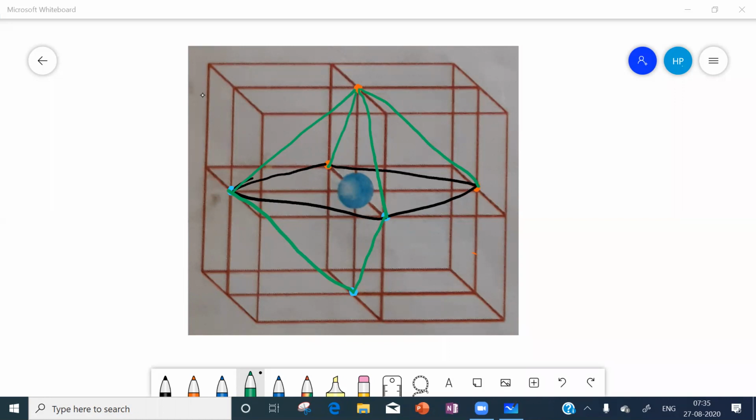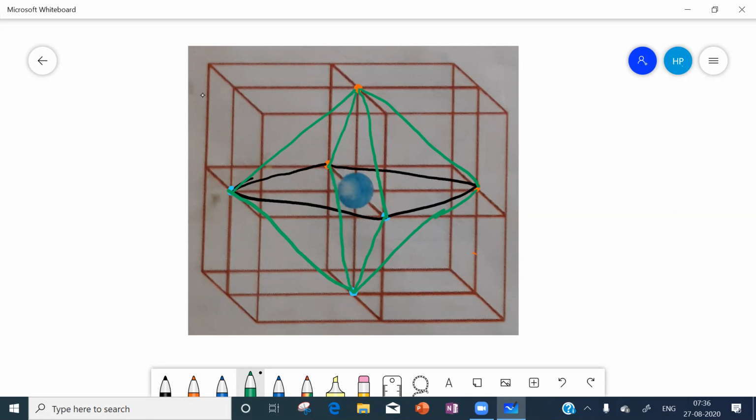It is one triangle. Next, from this blue, we will go to this face center. Next, from this face center, we will go to this orange.